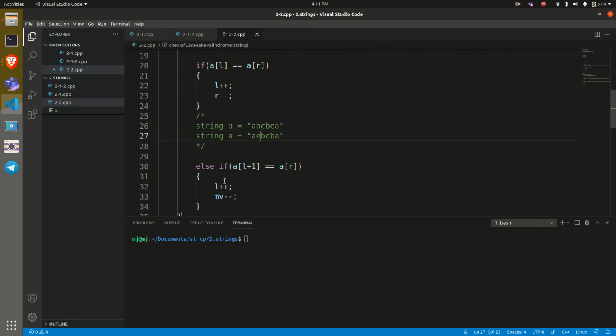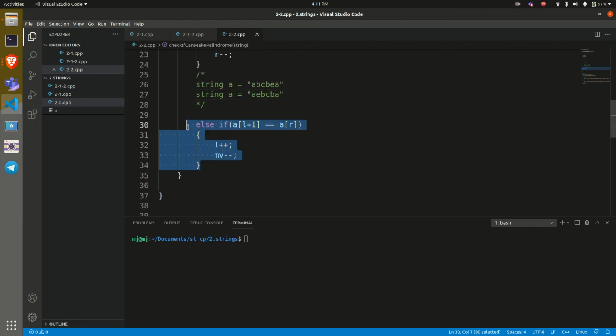So this condition that I have written, what is it doing? Suppose this is L, this is E, and this B is R. The right pointer is pointing here and the left pointer is pointing here. Suppose we check A of L plus 1 equals to A of R. What is A of L plus 1? This, right? And what is A of R?